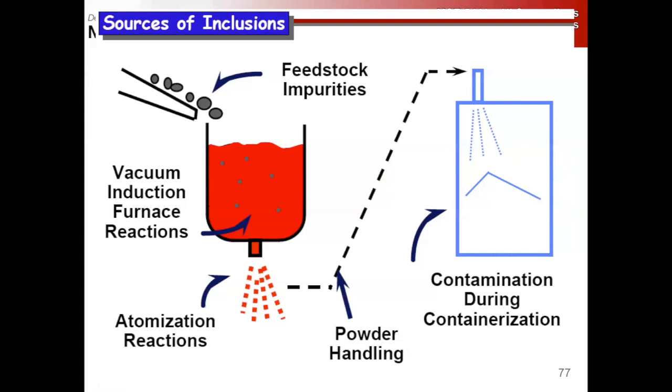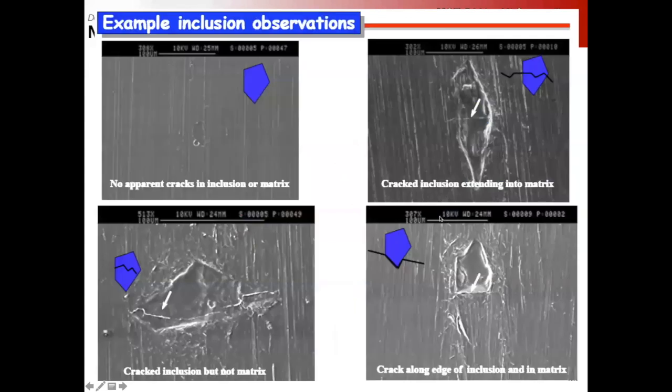But we go through all that. There's a lot of places where inclusions can get in, either impurities in the feedstock that we're melting, right? We have a vacuum induction furnace. We can have bits of liner from this induction furnace, right? You can have reactions that happen during the atomization process, impurities that are entered during powder handling and transport, or in the containerization process, right? So these things happen, right? Here's an inclusion of some kind. I don't know what it is, but nothing bad happened,